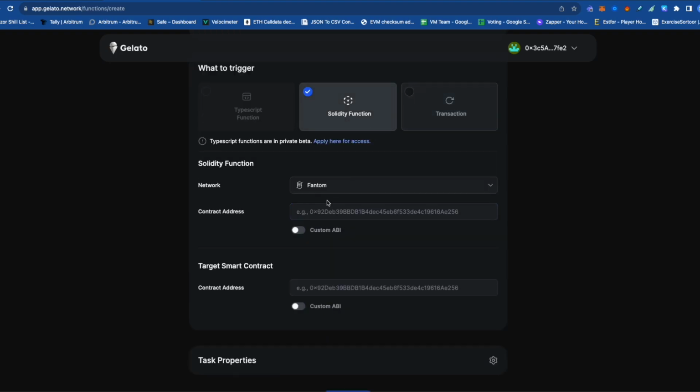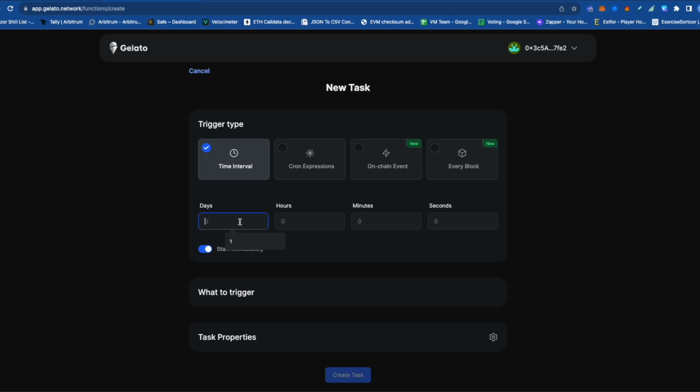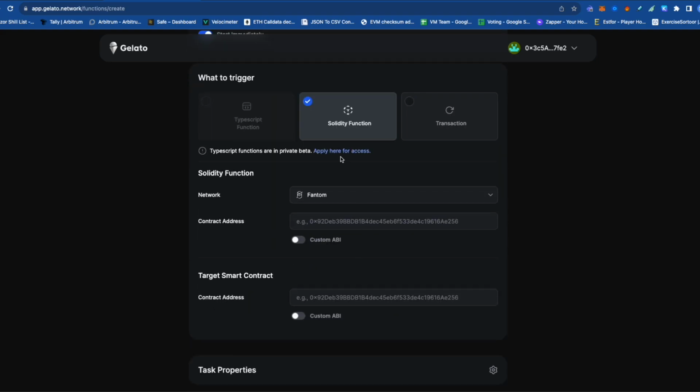Okay, so some examples of this might be, I want to call this function. So remember at the top I chose every block, right? So maybe I wanted to choose every day. I'm going to call this every day, but I only want to call it if gas is low enough, right? So then you would set inside your contract, or inside even another contract,